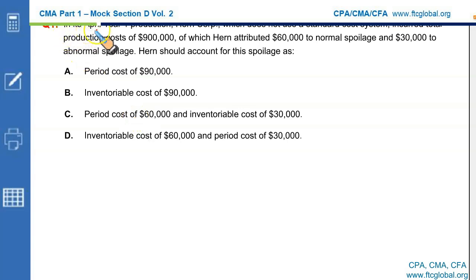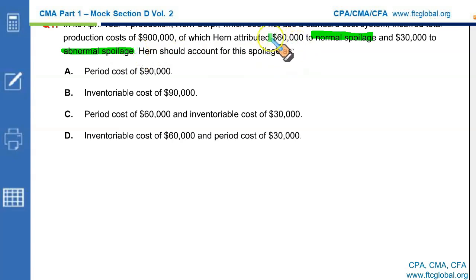Question number 1. In its April year 1 production, Hun Corporation, which does not use a standard cost system, incurred total production cost of $900,000, of which Hun attributed $60,000 to the normal spoilage and $30,000 to abnormal spoilage. We know what they are. Normal spoilage are the losses expected in the production process, but the abnormal spoilage are not expected. We keep the normal spoilage as a part of product, whereas the abnormal spoilage is treated separately as a period loss. So what Hun should do, Hun should account for the spoilage as